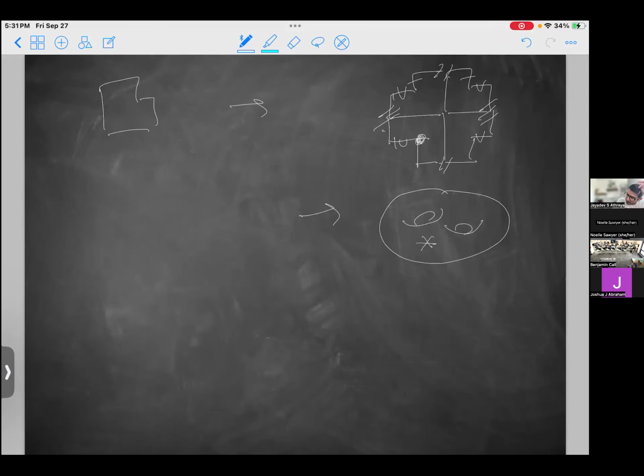Coming basically from, so this guy is glued to this guy, which is glued to this guy, which is glued to this guy. And so then you have these 4 3 pi over 2s on that, because the other ones actually end up just giving you, you can think of them as marked points if you like, but they give you points with angle 2 pi. So that's a great question, Joshua. Thank you for asking it.